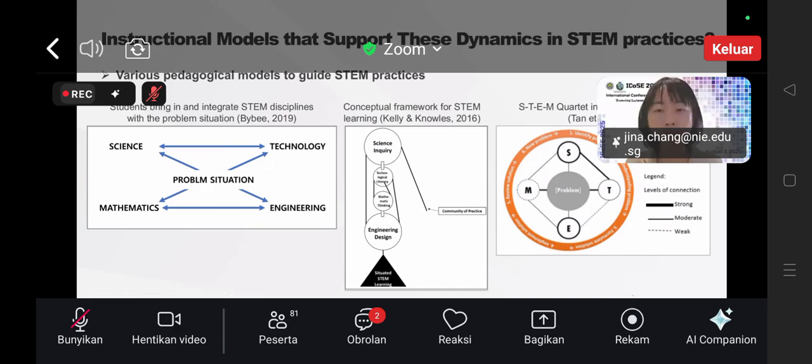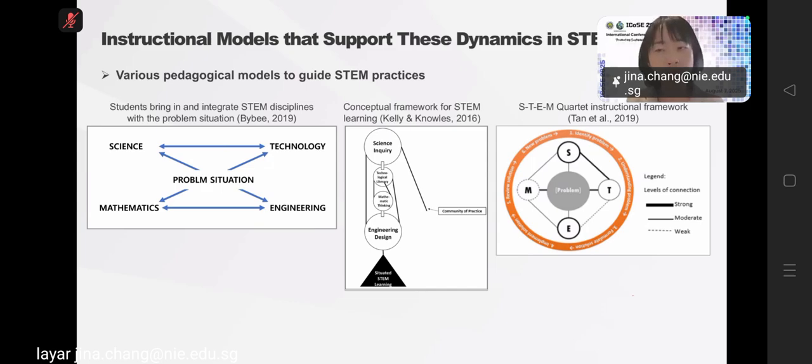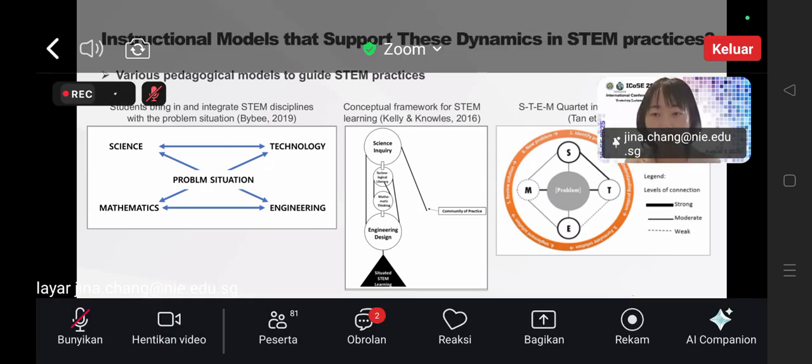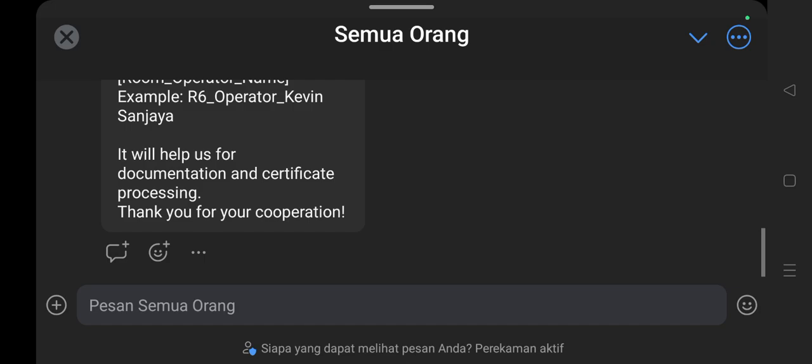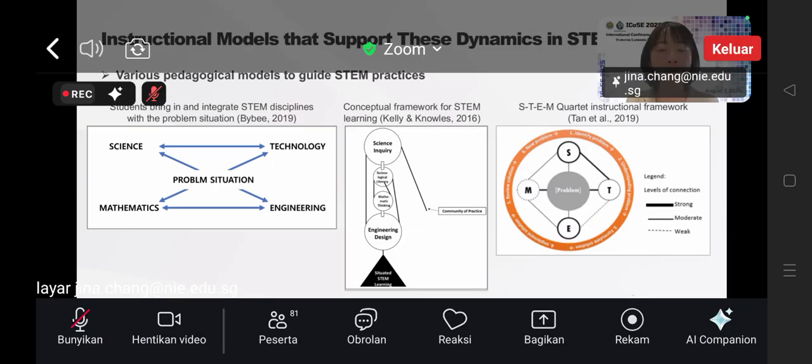And these phases are a cyclical process, from identifying a problem and understanding a problem to formulating and implementing solutions and